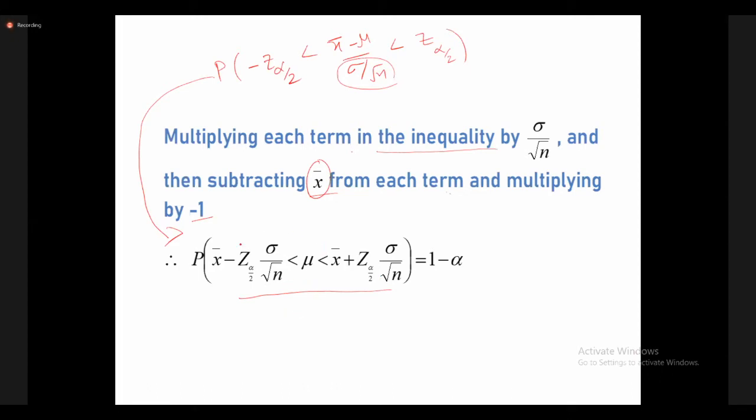Once all of you see that inner part, what is the meaning of this one? See here, the actual population mean lies between this value and this value. That means for this population parameter mu, we are finding lower and upper bound. This is the lower bound or lower limit, and this is the upper limit or upper bound. What is our aim? We have to estimate this population parameter, the population mean, in this interval A to B.